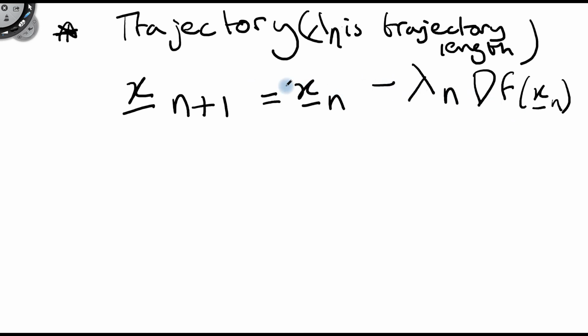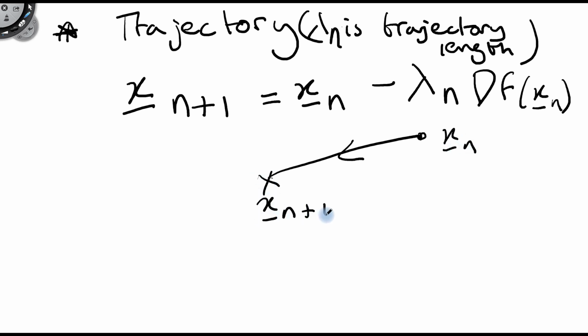So we've defined the direction of the trajectory here. We've got x of n, x n plus 1, but we haven't determined yet at this stage of the algorithm, where n is just our step of the algorithm, what the length is. That's where the next step comes in,